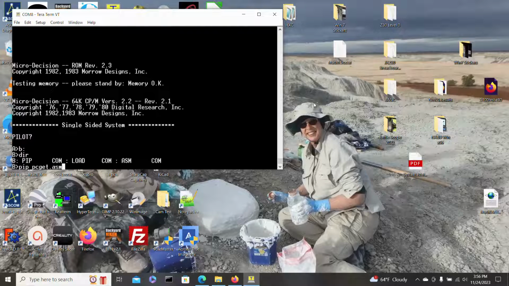pcget.asm equals CON: Okay, so basically what we're doing is we're running pip and we're telling it to open a file called pcget.asm and copy anything that comes in over the console, which is basically the A or main serial port on the Micro Decision, into that file. So this is what this command is going to do. So if we hit enter,